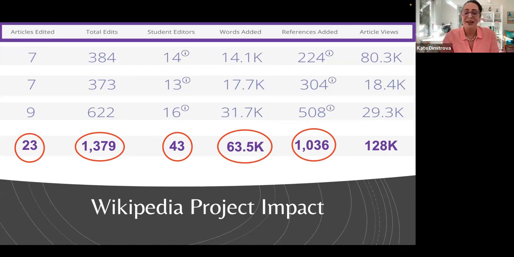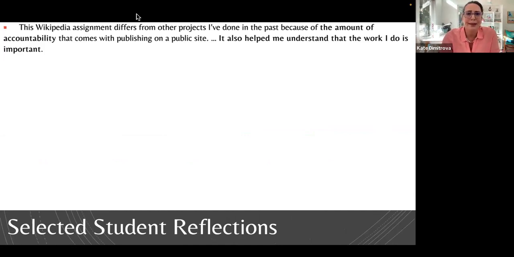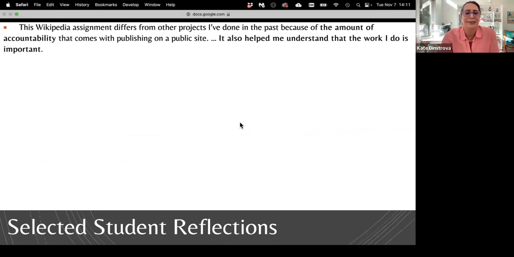And in addition, I have my students do a reflection, and this is something Wikipedia education encourages us to do with our students. And so I wanted to share a few reflections that I've received. These are many, I had to choose, but these are the ones I chose for you. And I'm sorry, now all of a sudden my screen is cutting things off.